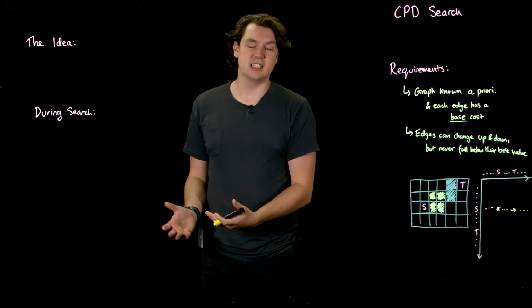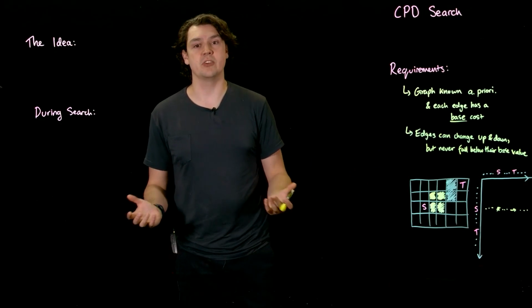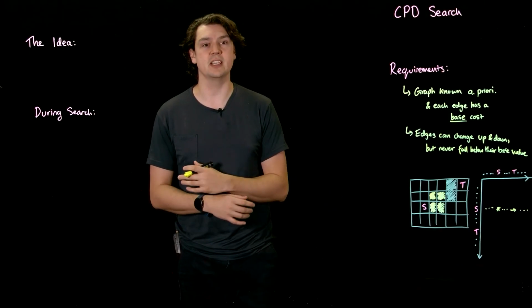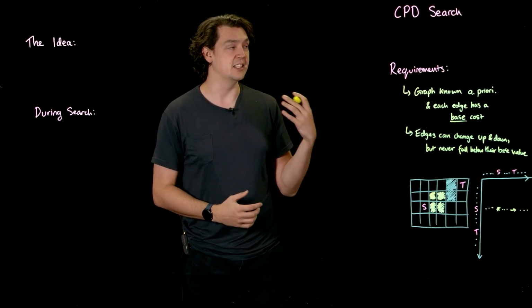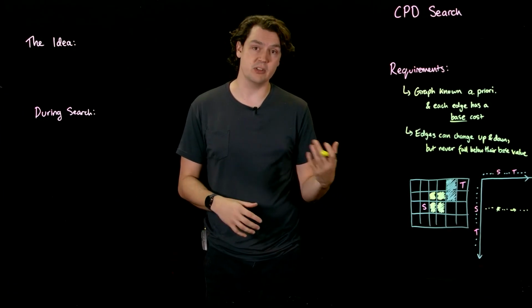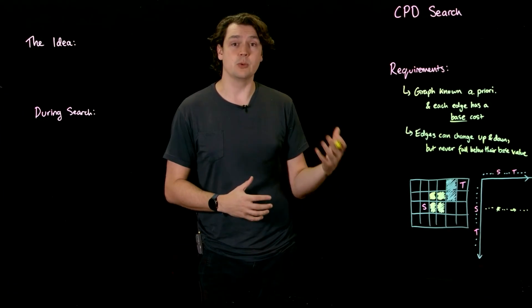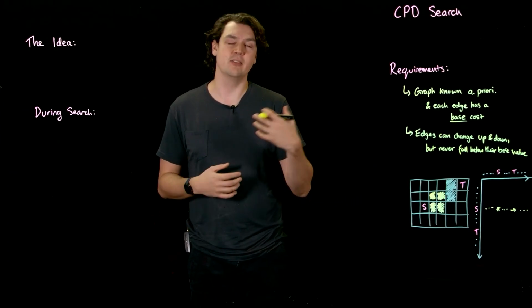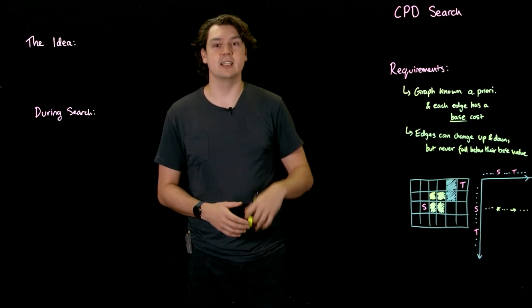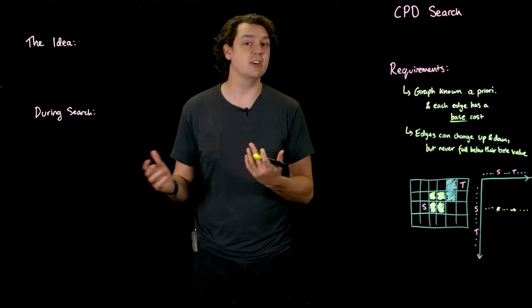Now, CPDs are essentially the leading heuristic. In static environments, they completely eliminate the need for real-time search at all. Instead of trying to actually search, we have all the first moves, so we've transformed the problem into one of simply retrieving the path from our CPD. Now, okay, so CPD search is going to be a very, very easy